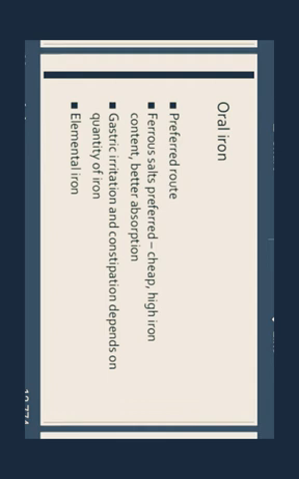So there are certain types of ferrous salt compounds like ferrous sulfate, ferrous gluconate, ferrous fumarate, and ferrous succinate. So these all are ferrous compounds. As far as concerned, there are certain disadvantages also, so that in some patients we don't prefer